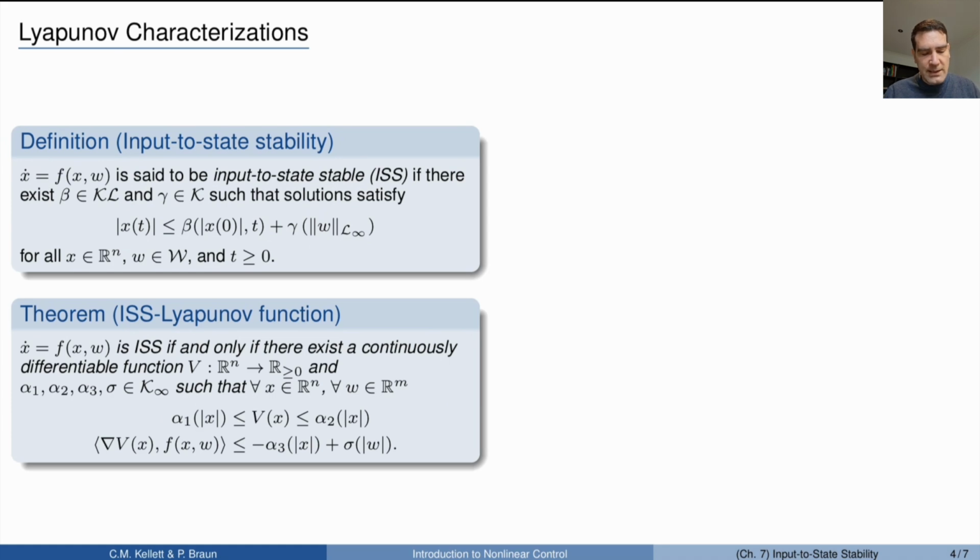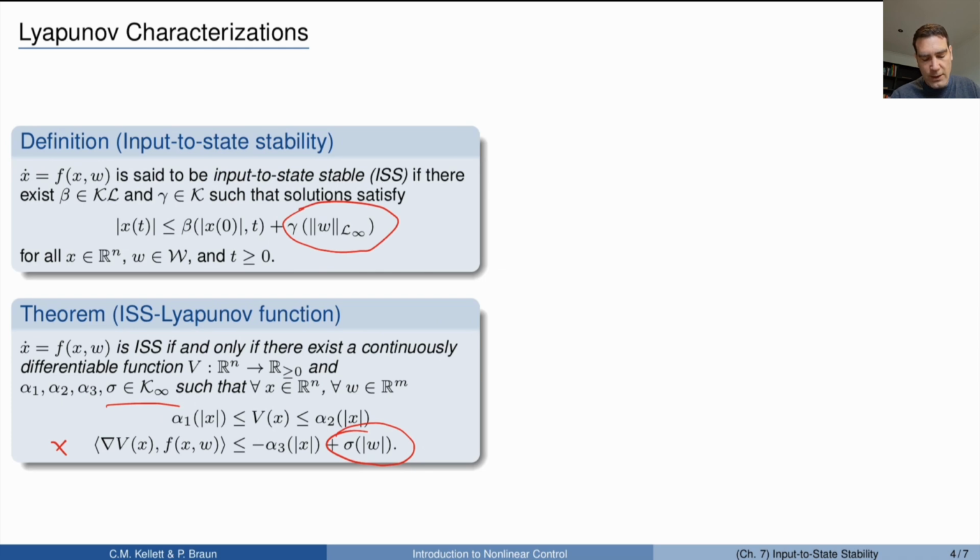So what we see in the definition, if we compare input to state stability with asymptotic stability, is that we have to take this additional term into account. If we look at corresponding ISS Lyapunov function characterizations, then we simply get this additional term here, meaning we need to be able to find a function sigma as a K-infinity function, which impacts our decrease condition, and which simply states, if we look at this second condition here, that